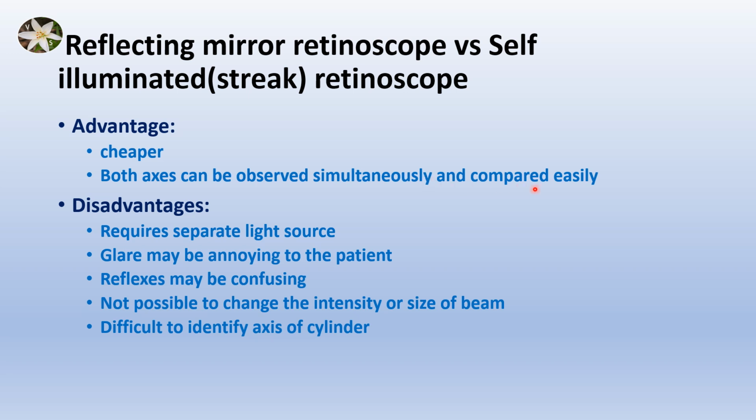In a streak retinoscope, the direction of the streak has to be adjusted and one direction can be observed at one time. It has the disadvantages that it requires a separate light source. The glare may be annoying to the patient. Sometimes the reflexes may be confusing, and it is not possible to change the intensity or size of the beam, and at times it may be more difficult to identify the axis of cylinder. Both the instruments, the reflecting mirror retinoscope as well as the self-illuminated streak retinoscope, are in use for assessment of